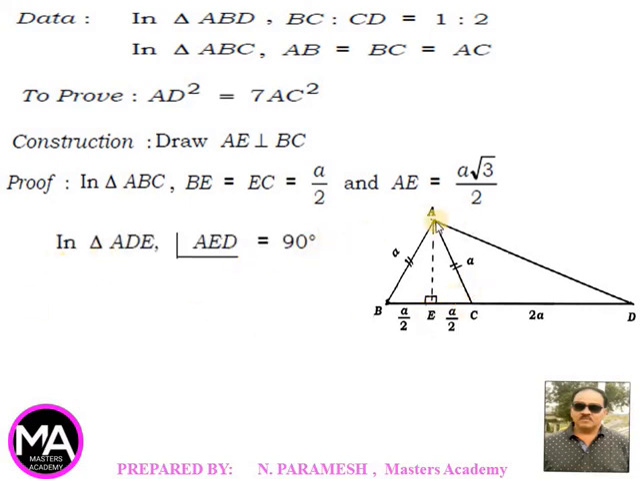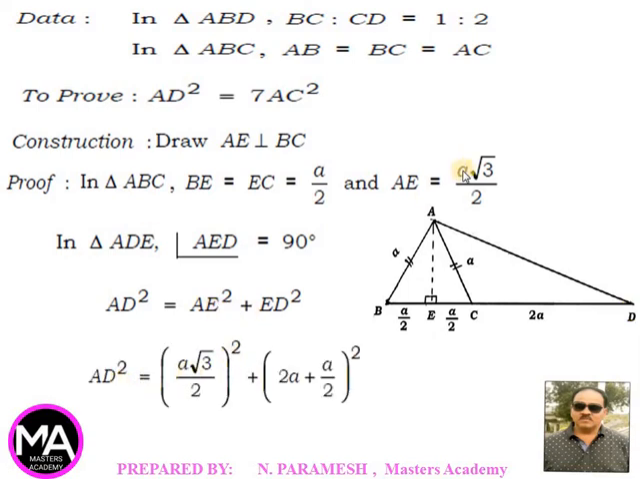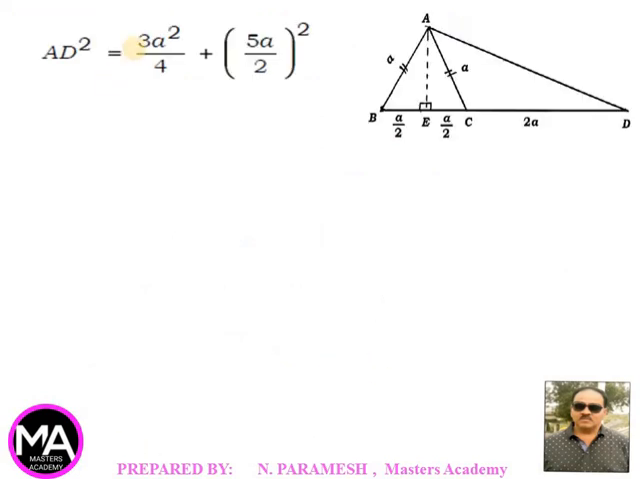In triangle ADE, angle AED is equal to 90 degree. Applying Pythagoras theorem, AD square is equal to AE square plus ED square. AD square is equal to AE, that is A root 3 by 2, the whole square plus ED, that is 2A plus A by 2, the whole square is equal to 3A square by 4 plus 5A by 2 the whole square is equal to 3A square by 4 plus 5 square is 25A square by 4